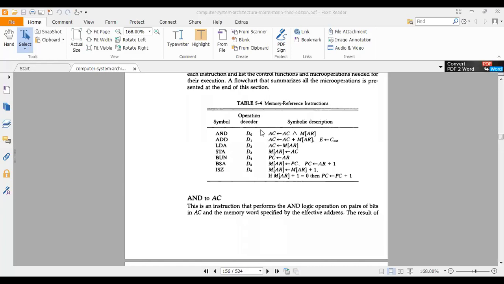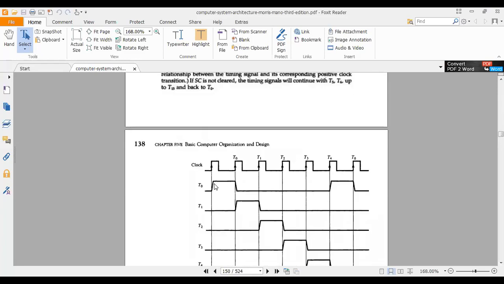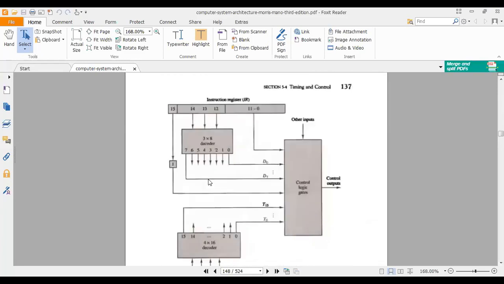Corresponding operation decoder outputs are D0, D1, D2, D3, D4, D5, D6. So you are having a 3 to 8 decoder, isn't it? As I said in our earlier classes, here this is the instruction register.